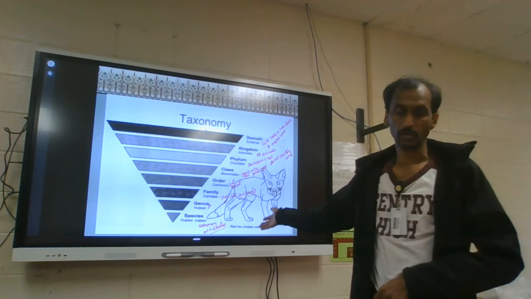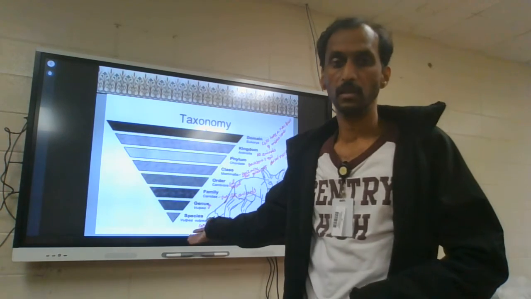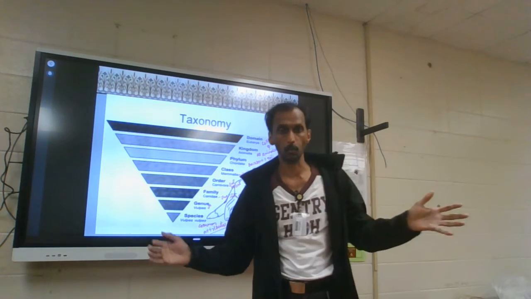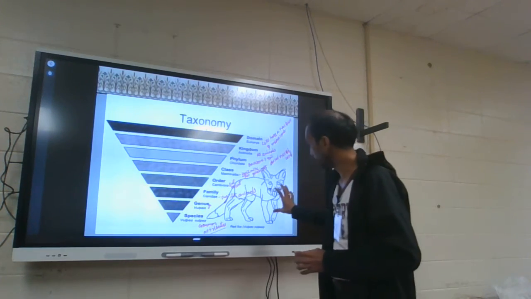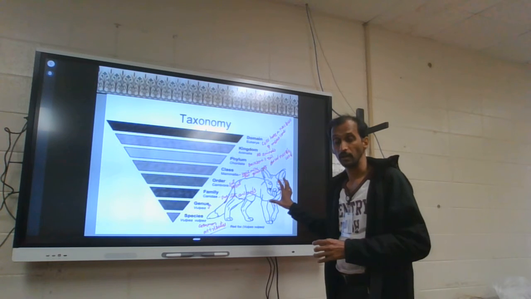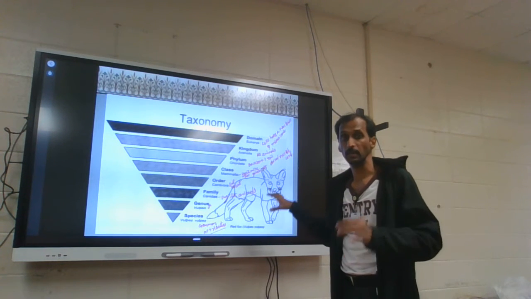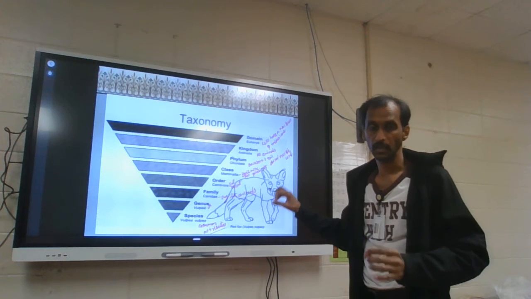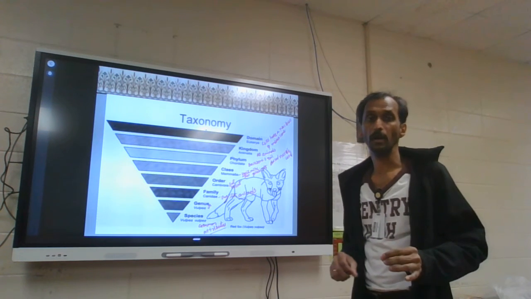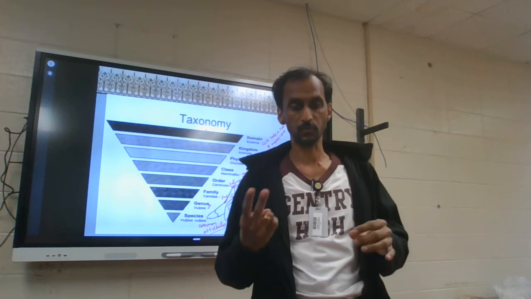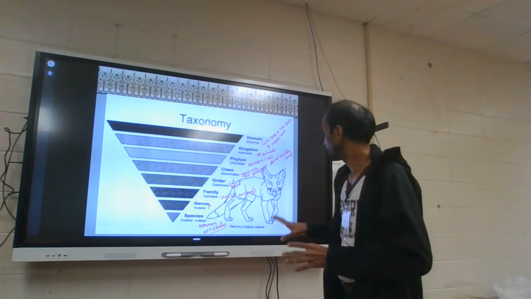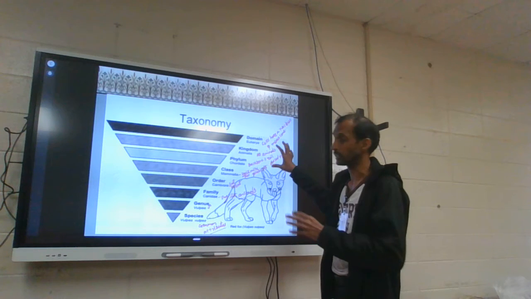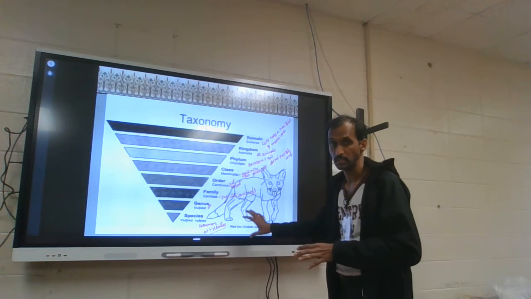It's a local name; somewhere we call it a red fox. But scientists across the globe want to talk about this particular animal regardless of what it is named in that region. We need a scientific name, also called the binomial system, two names for the animal, so this red fox has a different name. Let's go over how they got this name.